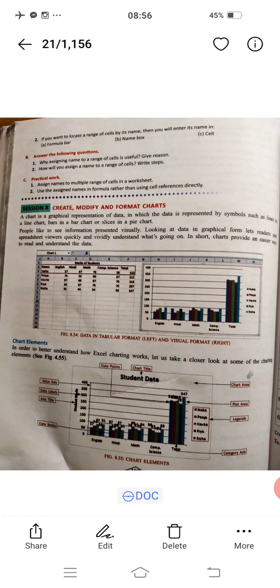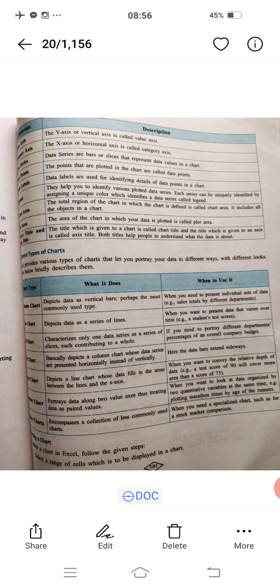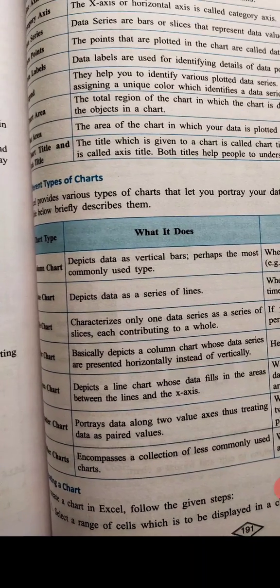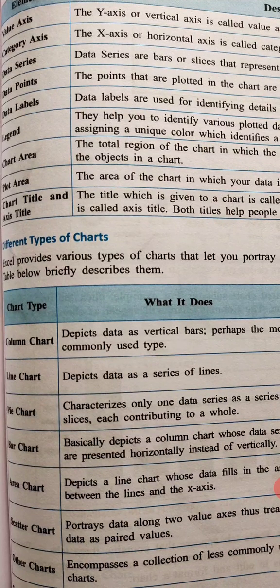Whatever we do in Excel, the tables or data we enter, we can represent over a chart also. Here are some chart elements provided. Just see chart area, chart title, data points, these things that have been pointed out are the chart elements. Next, here you can see the descriptions of axes and types of charts. On this page you can see the elements of a chart and chart types along with their